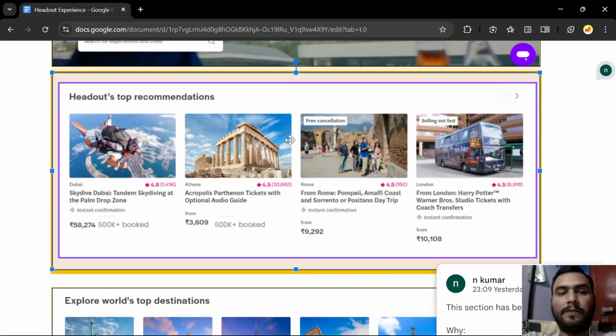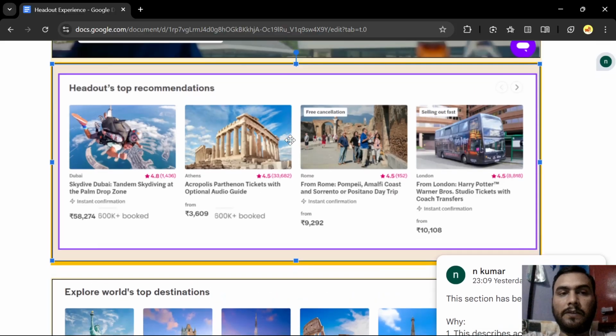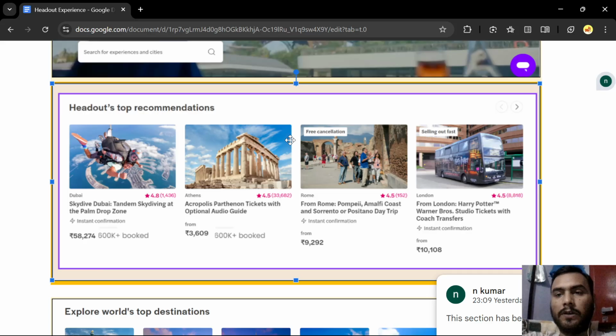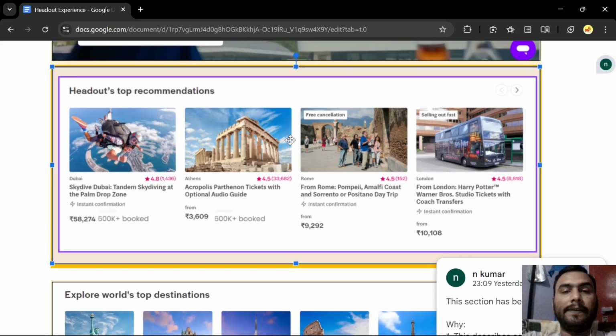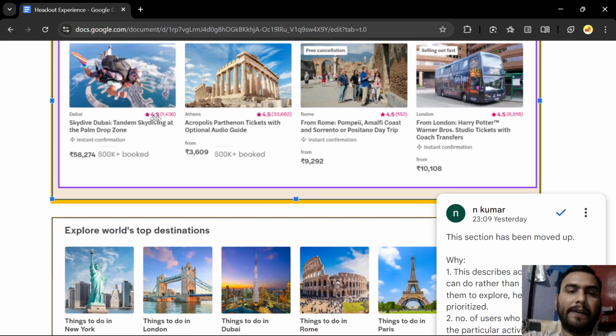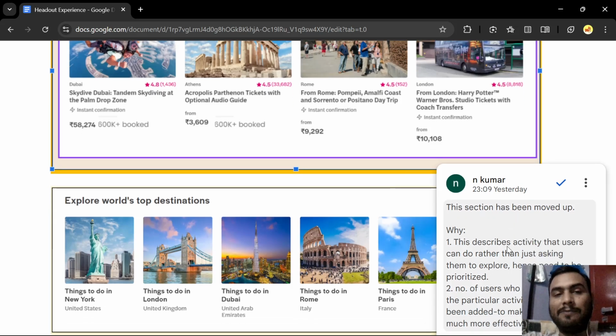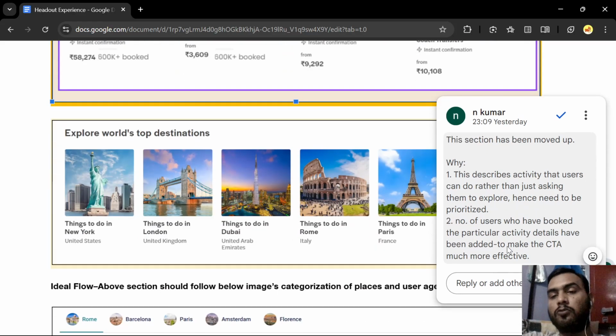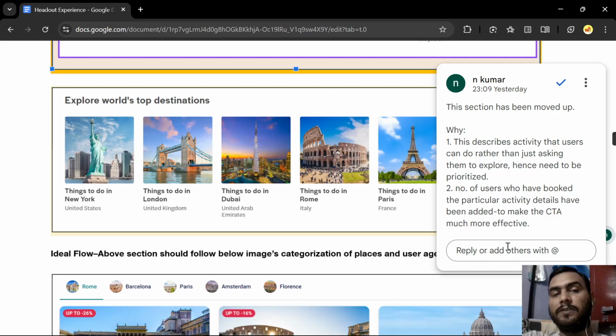In the second section, this is the third part in the current homepage, but I have brought it into the second stage. Here I have tried to add more information. We have added ratings, we have added the price part. Users also want to know how many people have booked this particular activity, because I saw the same qualification of information in other similar platforms. So it also helps users decide whether this particular event is suitable for me or not.